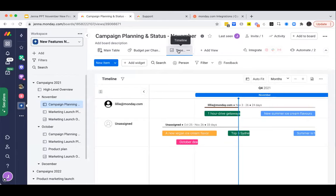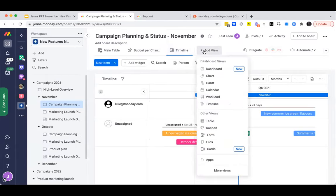Now to add a dashboard view, similar to how we would add other new board views, I'm going to click on the Add View button and go ahead, and as you can see, you have two different options of our dashboard views and our other views. I'm going to go ahead and click on Dashboard